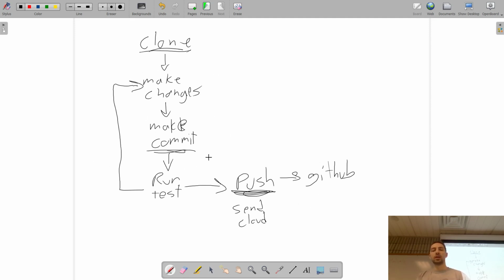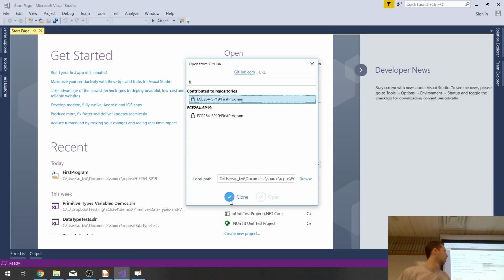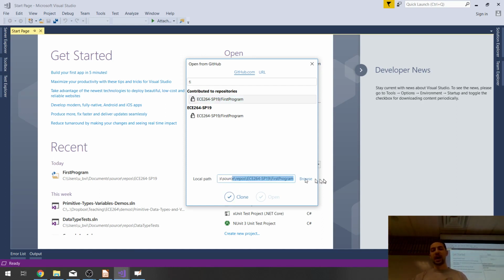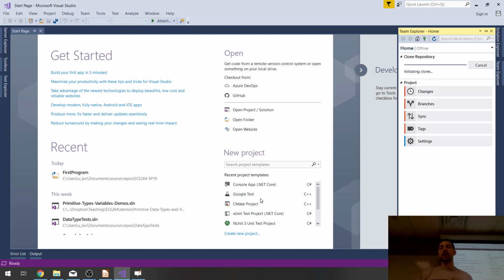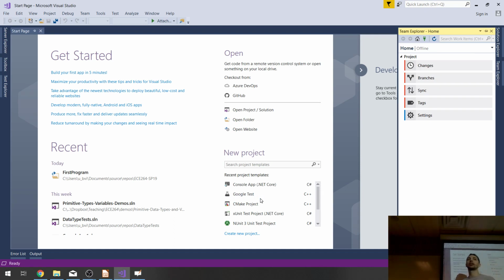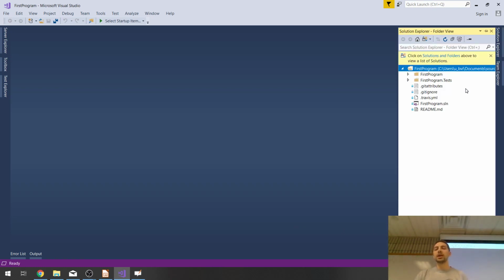Commits happen locally. So here I've got my project that I am about to clone. Make sure it goes somewhere where you are not going to lose it. In this case, it's going to my documents/source/repo/ECE264 spring 19/first program. Okay, clone. When you clone it, you don't actually get a solution right off the bat. You do get a Team Explorer window. It's called the Team Explorer window because generally if you're using Git, you're working in a team. Right now, you're working on your own. And it comes up with the Solution Explorer, just like we're used to from other courses, but it doesn't automatically